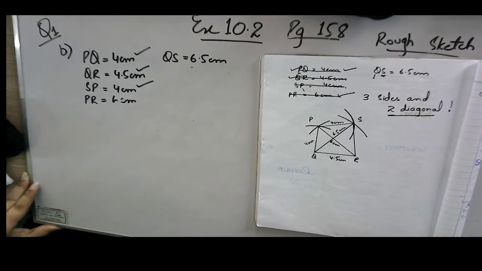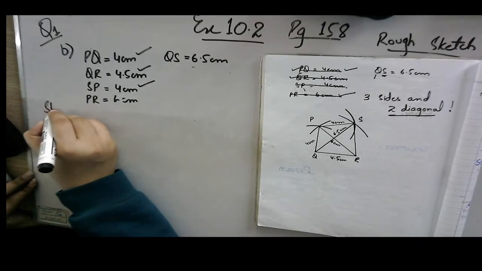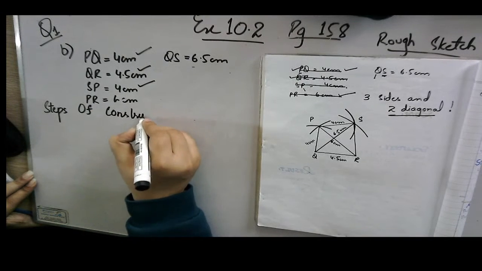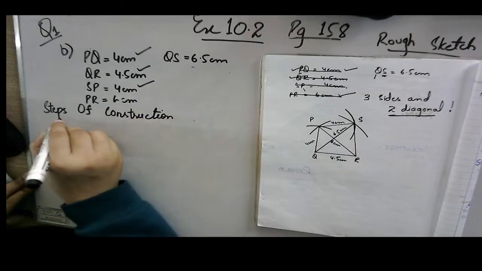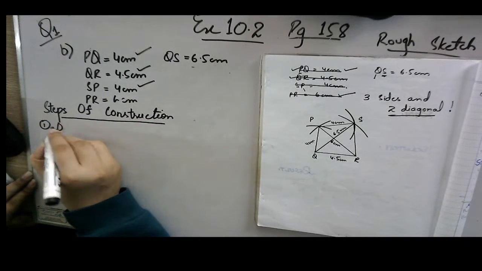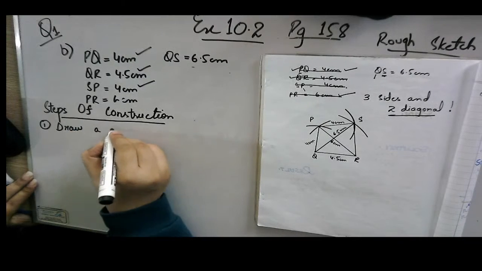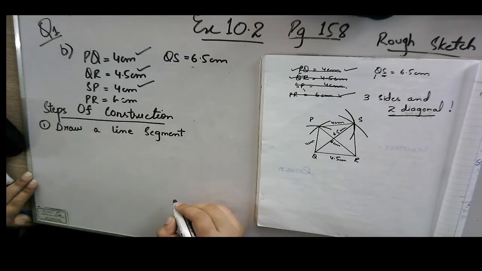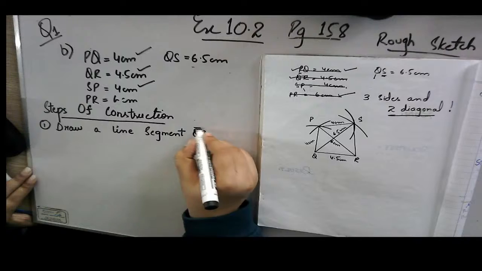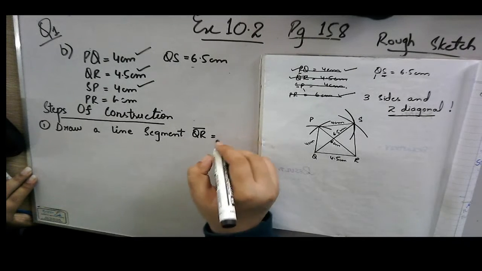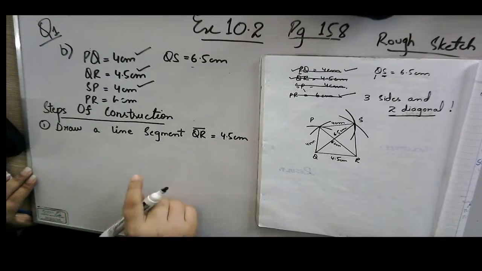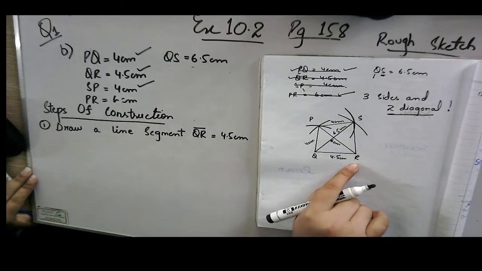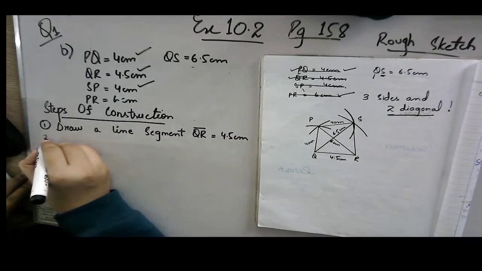Now the steps of construction are: the first step is draw a line segment QR which is equal to 4.5 centimeter. In the first step, what we have done, we have drawn the line segment of 4.5 centimeter. Then the second point is